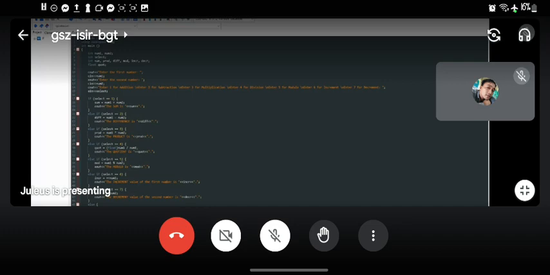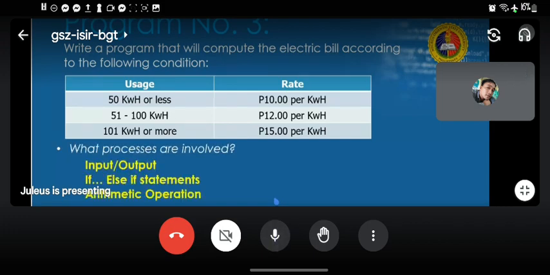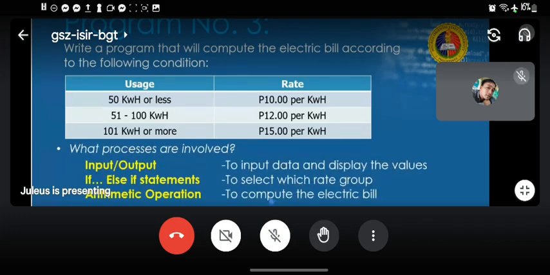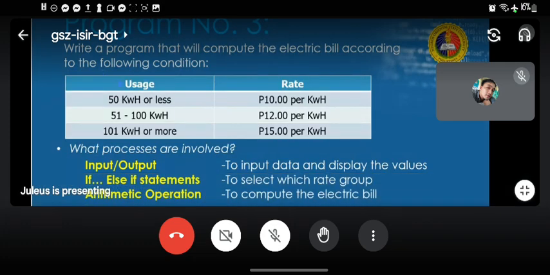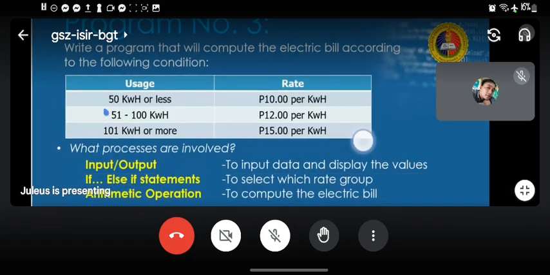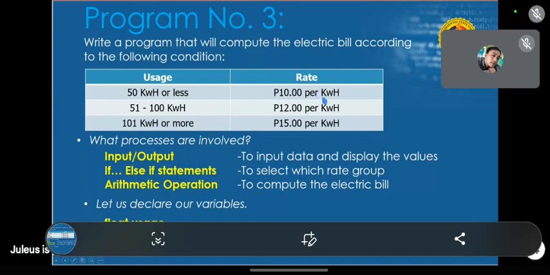Okay, nasaan na? Right. So for your assignment, for program number 3, write a program that will compute the electric bill according to the following condition. So if 50 kilowatt hour or less, it's gonna be 10 peso per kilowatt hour.